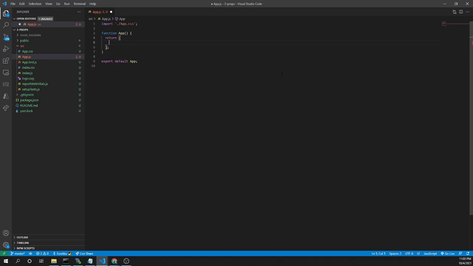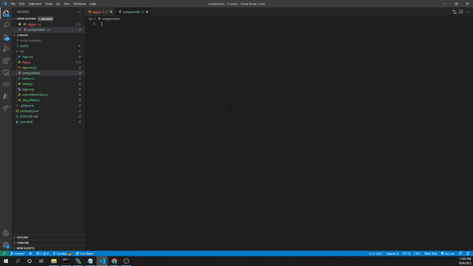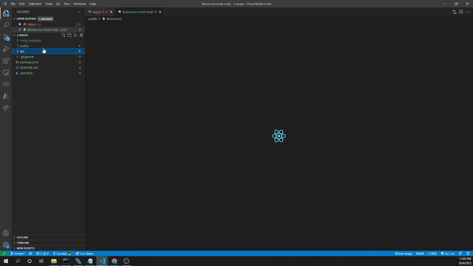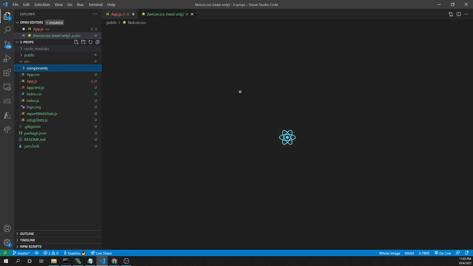So first, I'll create a new folder here with the name components, and in this folder, oh, this is not a folder, this is a file, I need to delete it. So I'll create a folder with the name components. I'll make this bigger. Okay, and in this folder I'll create my components.